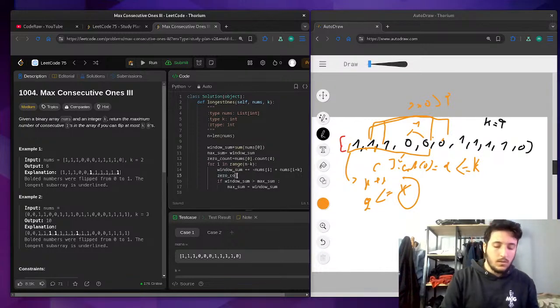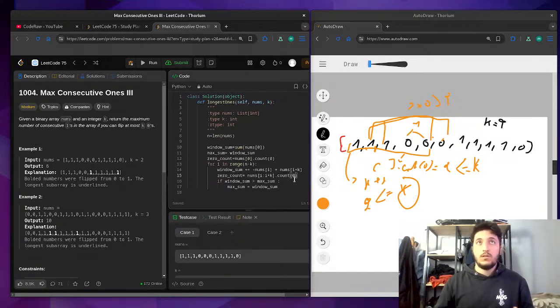I'm just gonna initialize zero count equal to nums from i to i plus k dot count 0. So we're gonna count the number of zeros in this sliding window and check. And now I have to check if it is lower than,